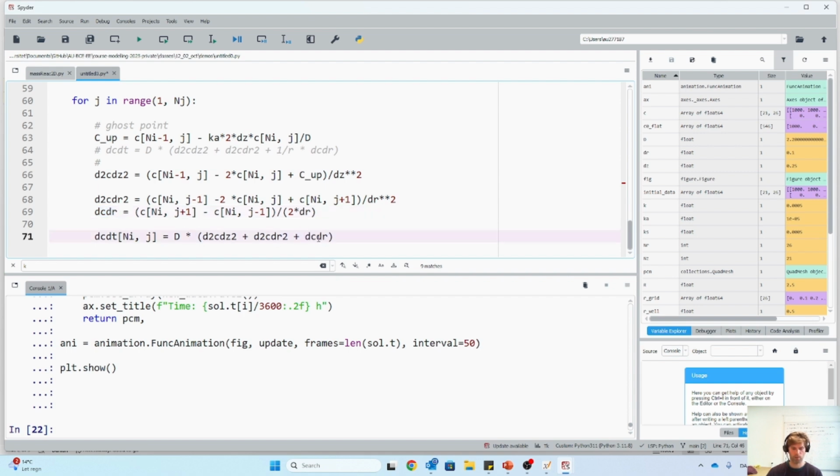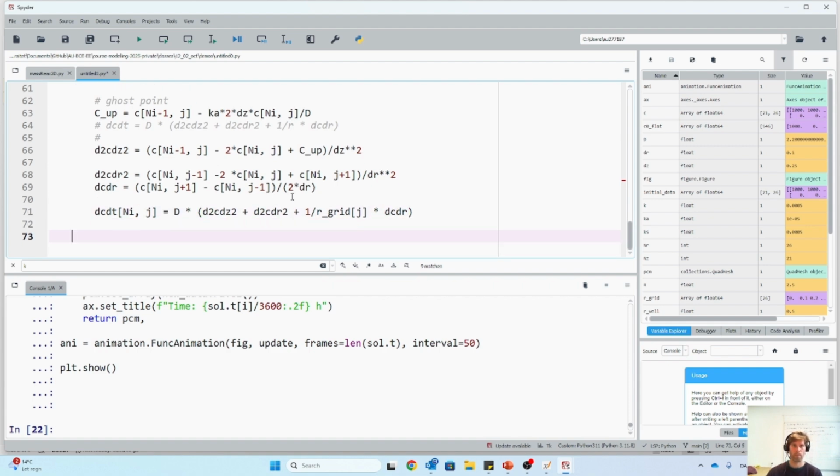And for the last term here, it's actually 1 over the radius, no, the radial position, like this. Right, so that was one boundary condition, the upper one. Now we go to the third boundary condition,